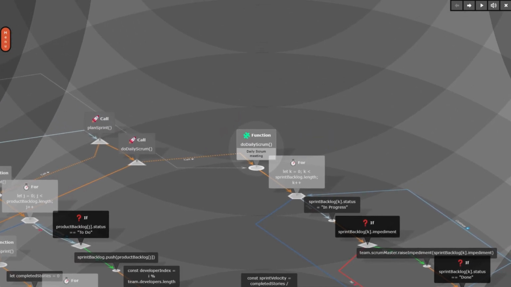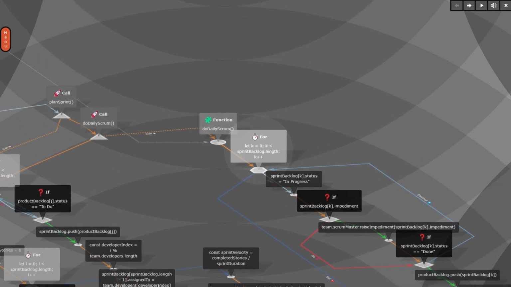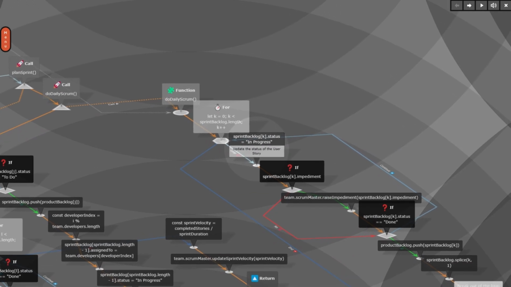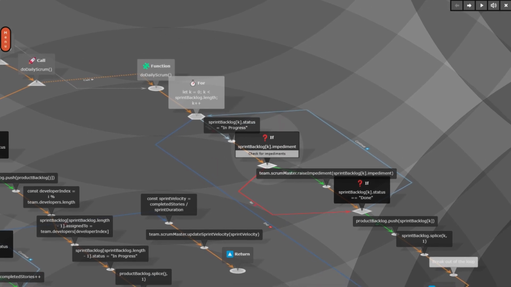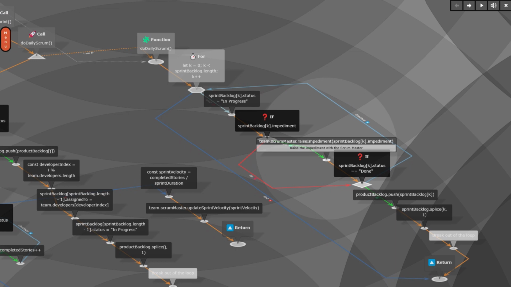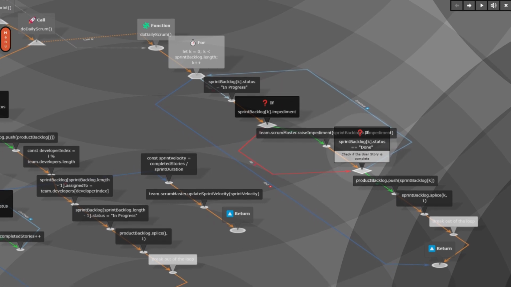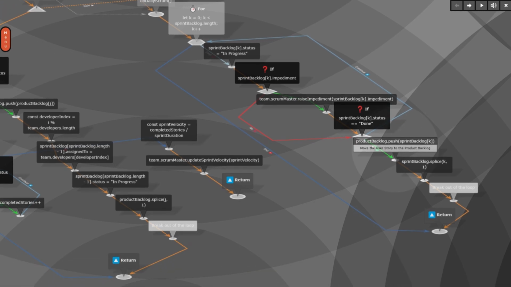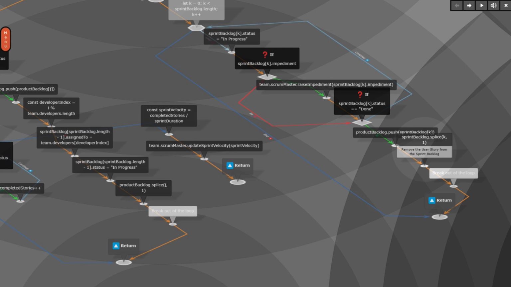Next, we have the do daily Scrum function. The do daily Scrum function is responsible for running the daily Scrum meeting. It goes through each user story in the sprint backlog and updates its status to in progress. It also checks for any impediments that might be blocking the completion of the user story and raises them with the Scrum Master. If a user story is complete,